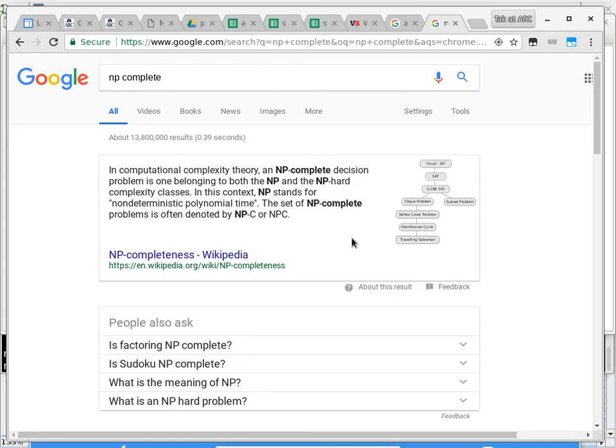What does that mean? It has got polynomial time and it's got non-deterministic. So let's start with polynomial time first. It's a notation that we need to talk about in this class, but I have not introduced it yet. The quickest way to describe it is that the amount of time it takes to solve a problem is proportional to a polynomial of the size of the problem. If the size of the problem is represented by n, as a number, then